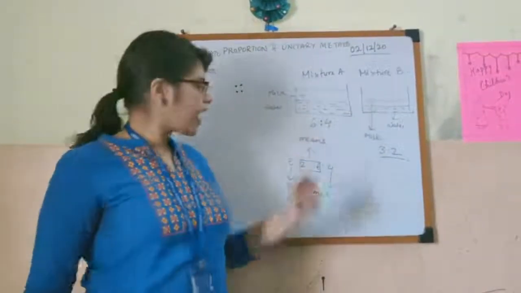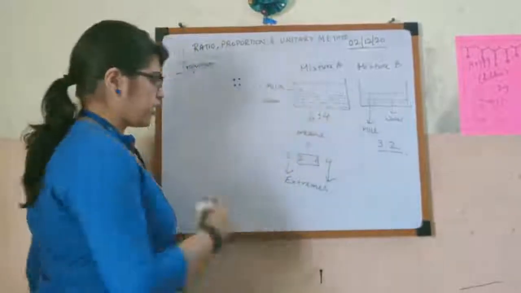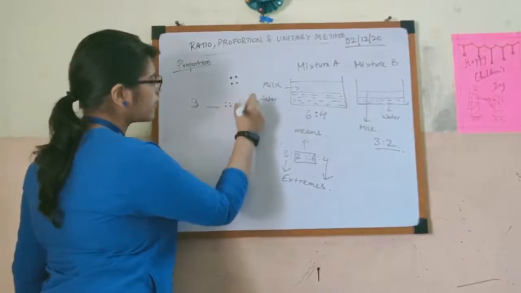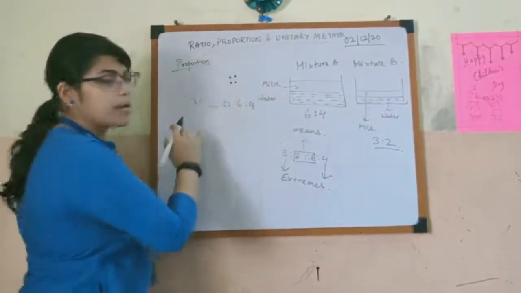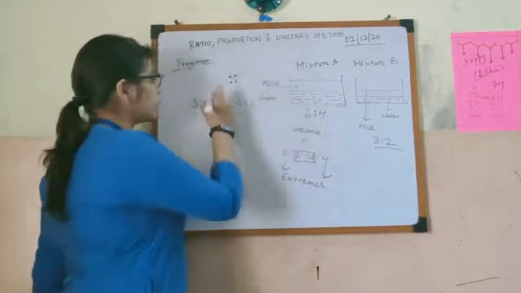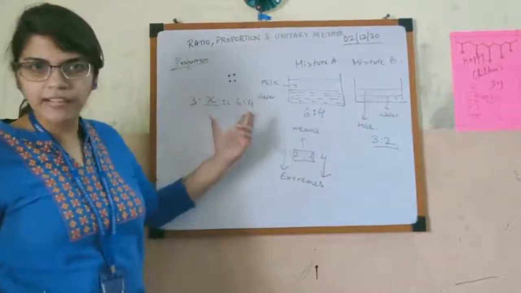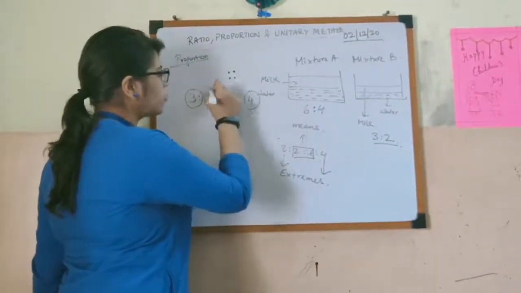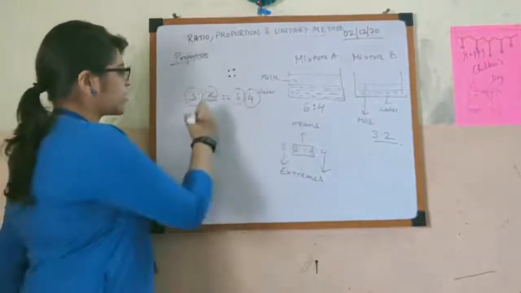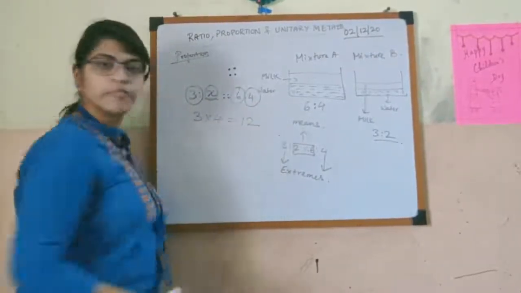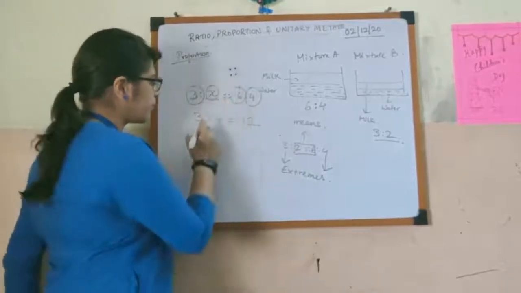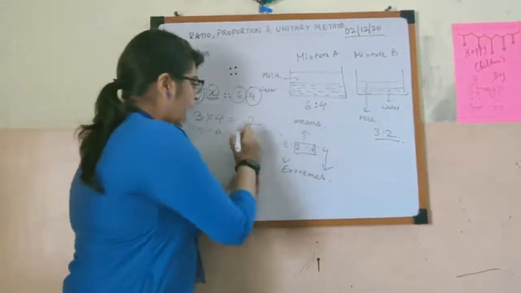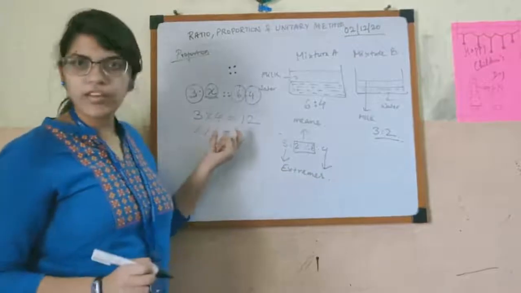So whenever we have, suppose, 3 numbers, suppose 3:2 is something, we don't know this something, and we have 6:4. So we have one missing number, isn't it? So we can replace this missing number with x. In this case, you have to multiply the two extremes and the two means. If you multiply the two extremes, 3 into 4 is 12, and the two means, that means the two numbers in between, this multiplication will give the same result as the multiplication of the extremes.